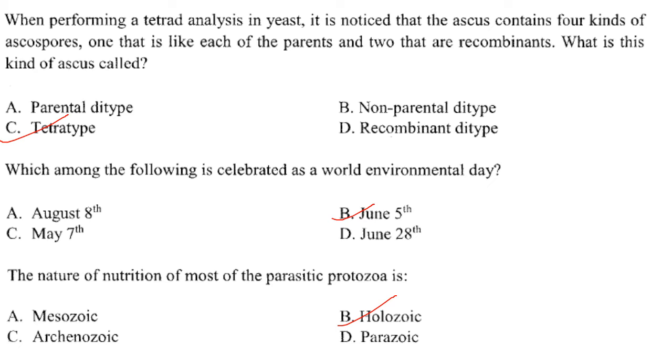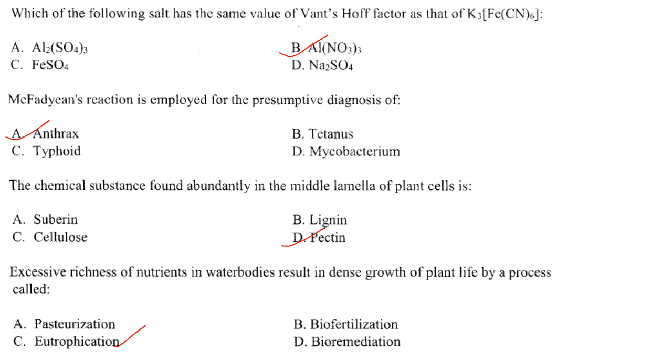Then next one. Which among the following is celebrated as World Environmental Day, that is June 5th? Answer is option B. The nature of nutrition of most of the parasitic protozoa is holozoic. Answer is option B. Then which of the following salts has the same value of Van 't Hoff's factor as that of